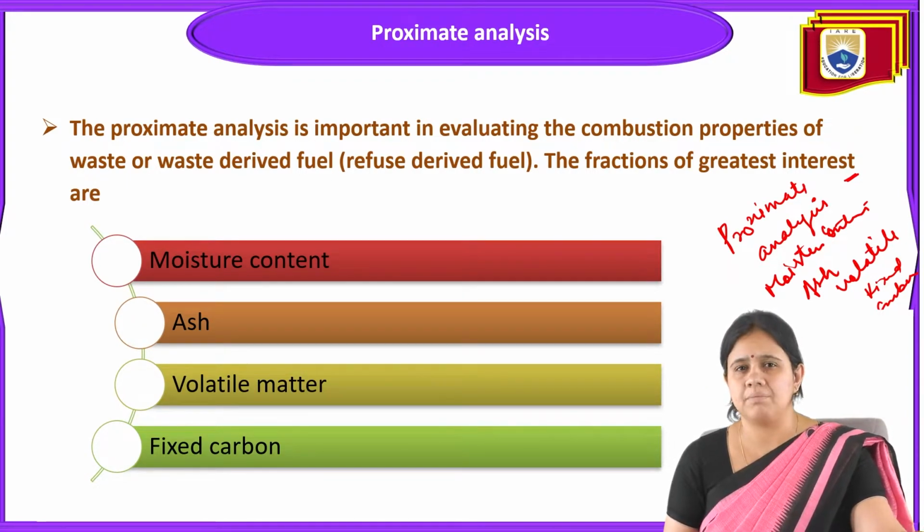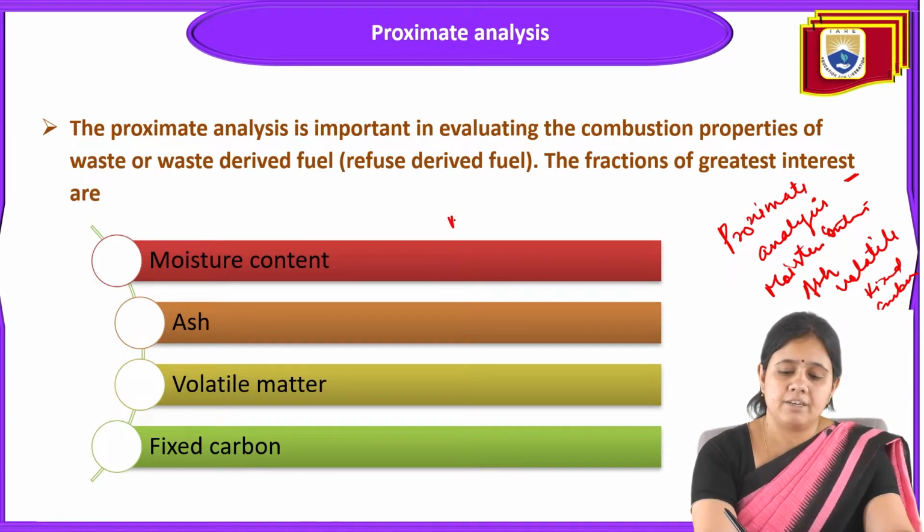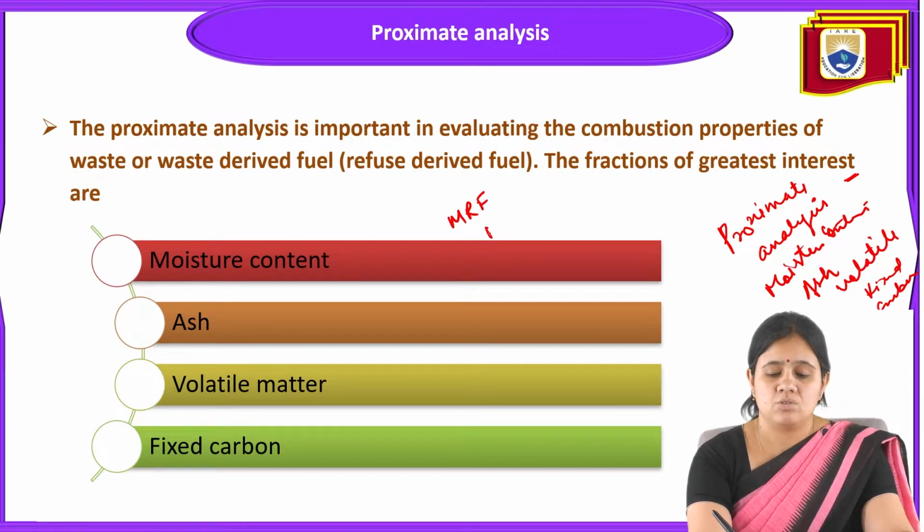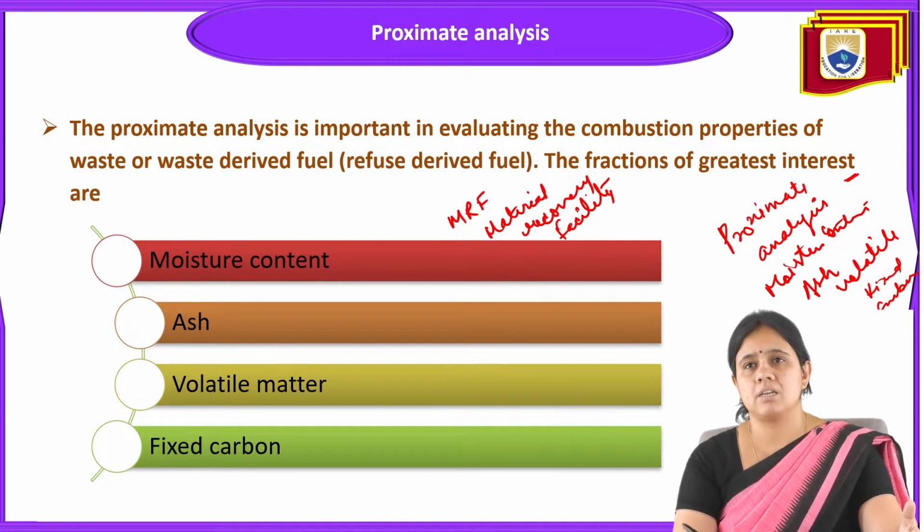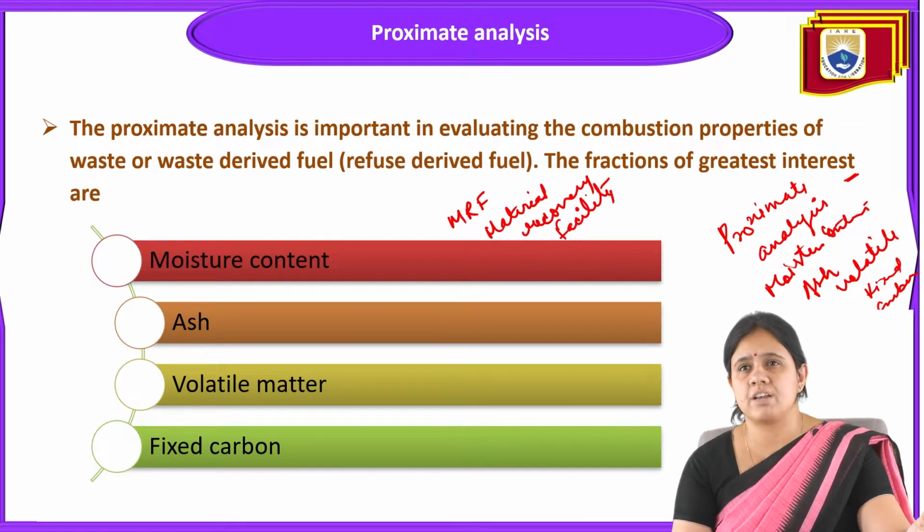As I have discussed, the ultimate disposal of the waste is the MRF site. MRF means material recovery facility. This will give an idea about how much material we can recover from that particular waste. So for the material recovery facility, waste is separated and sent to the MRF site. It is based on its calorific value, like how much heat it will produce, and whether it works as waste derived fuel or refuse derived fuel or not.